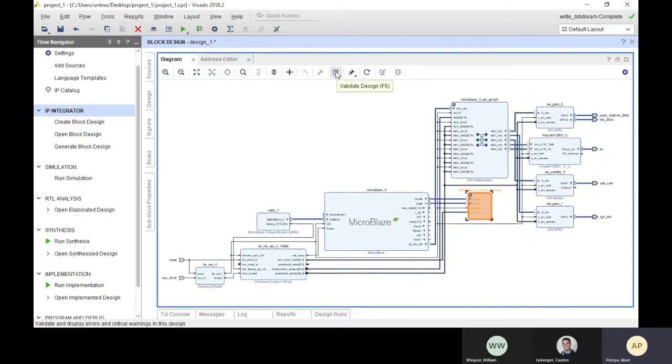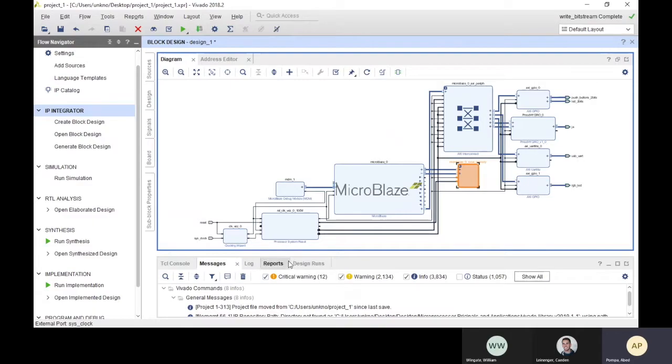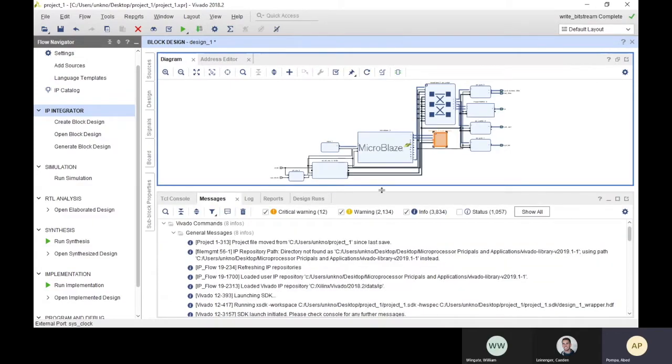After you do that, you're going to validate the design, which is probably no different than doing a test bench. You're actually testing your design and you're validating to make sure that everything works properly. If it doesn't, you're going to receive messages on the bottom that'll tell you, hey, this is happening,